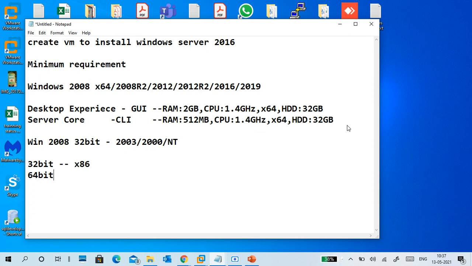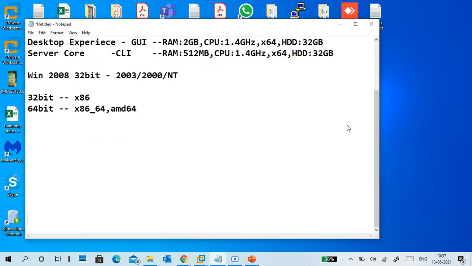If you have a 64-bit, in some products it is showing like x86 underscore 64 or AMD 64. Why? Any idea? No problem. Have you ever seen 86 in a processor? I'm directly telling the answer.